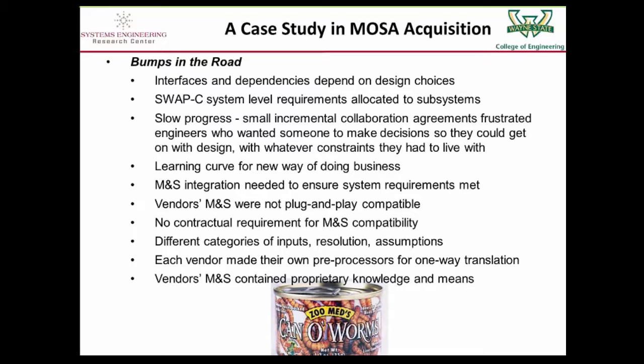So for example, I'll pick on FCS because it had so many good lessons to learn. We started initially with weight goals on vehicles that were 17.5 tons. But when all the requirements for the different subsystems and approaches were put out there, and the subsystem group said, here's our solution, our solution weighed too much.